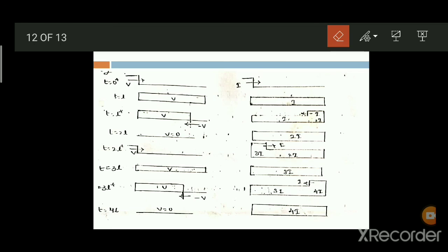Now the line is terminated, and we consider the open-circuited end and the short-circuited end. The wave is transmitted over a distance. What are the voltages and currents that will be observed in the graphical representation? What are the typical cases obtained when the line is terminated with an open-circuited end and with a short-circuited end?